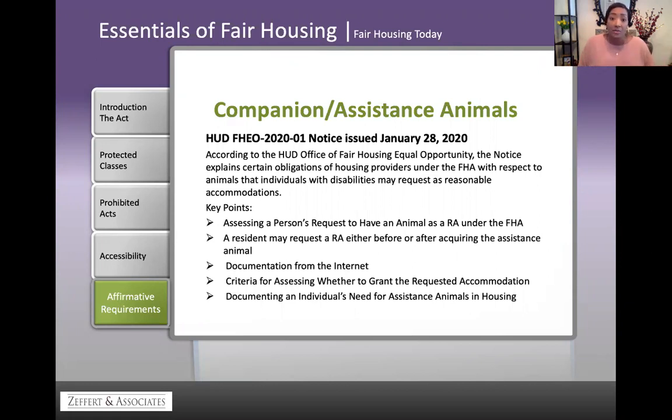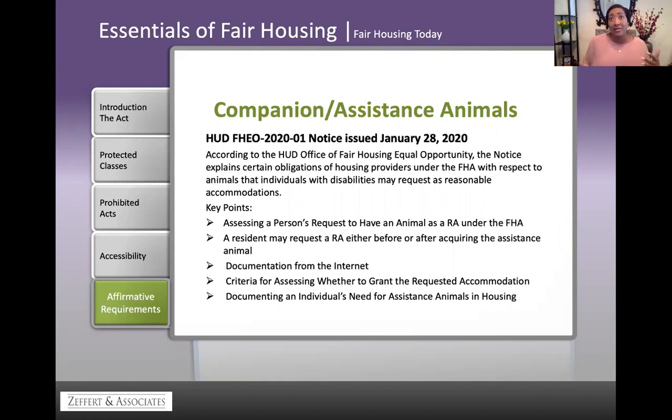The question has come up too, where one household has multiple requests or multiple emotional support animals, as they're telling you, one animal for one disability and one animal for another disability. We need to get it documented. You need to get it by way of a medical provider who will state that it is necessary, that the person meets the definition of disabled, and that the animal is needed for the person with the disability, okay?